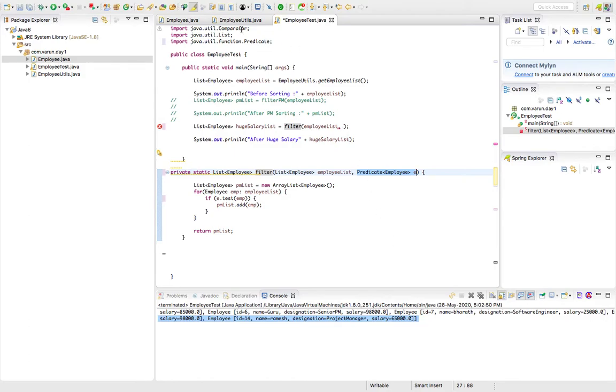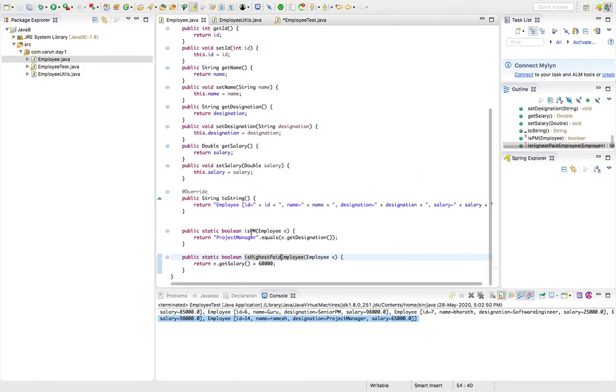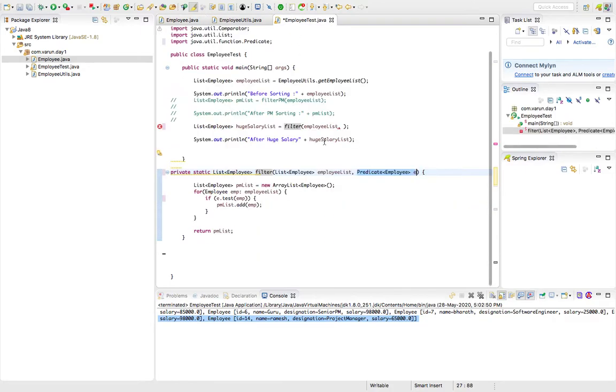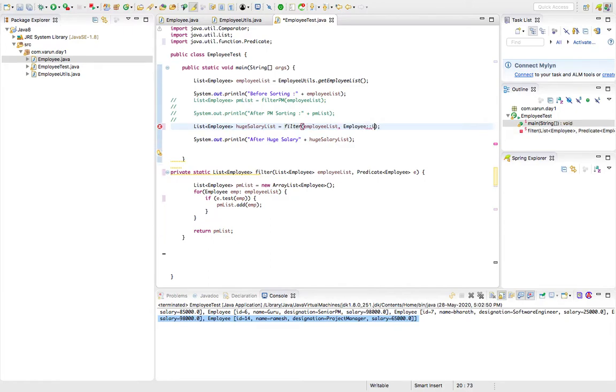So I have in the employee class a method called isPM which is accepting an employee object and returning a boolean check, right? So this one I can simply write as Employee double colon operator isPM, that's it.